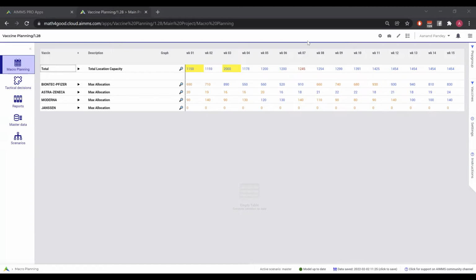This task is made even more complex by challenges like volatile vaccine supply, different storage requirements, changing demand and policies, and lots more. The purpose of this video is to give you an overview and a sense for how this specific application can be used to help you make informed, optimized decisions about vaccine allocation, center locations, and many other